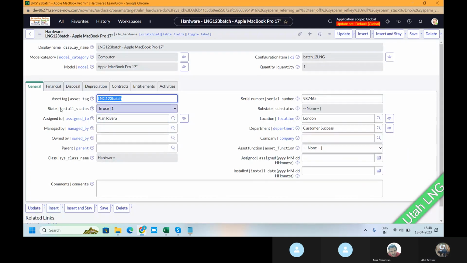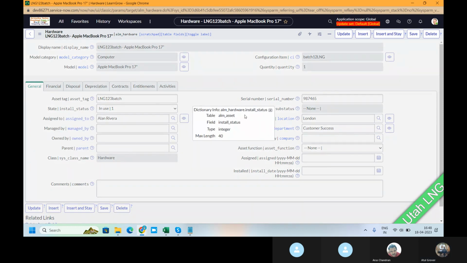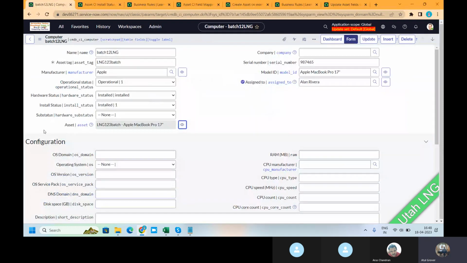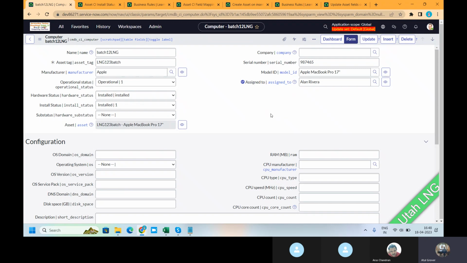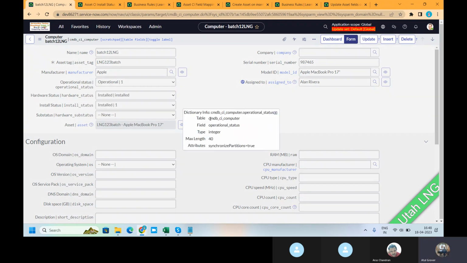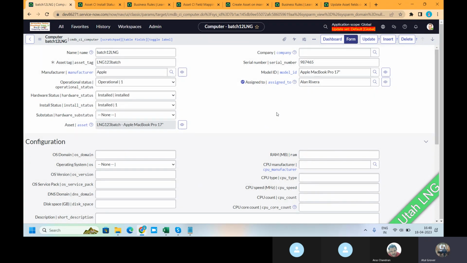This one, install status. Okay, so this install status, if I right click and see install status, it is the ALM asset table, and if I go here, CMDB computer field installation. It means these two fields are coming from two separate tables. If we open this, it is coming from this. Now what ServiceNow is saying in this particular table,